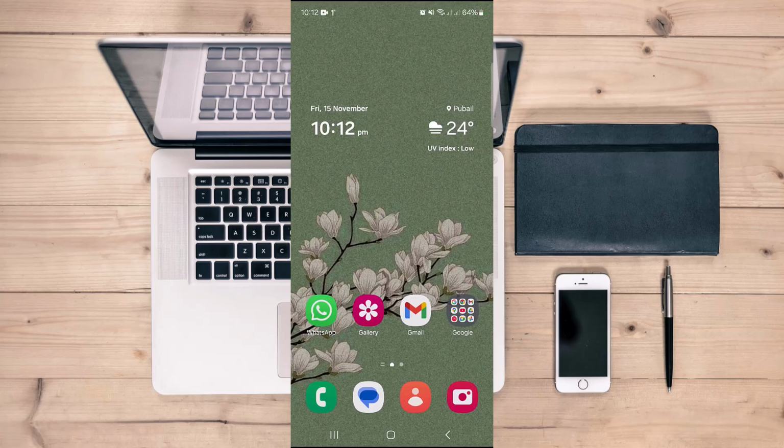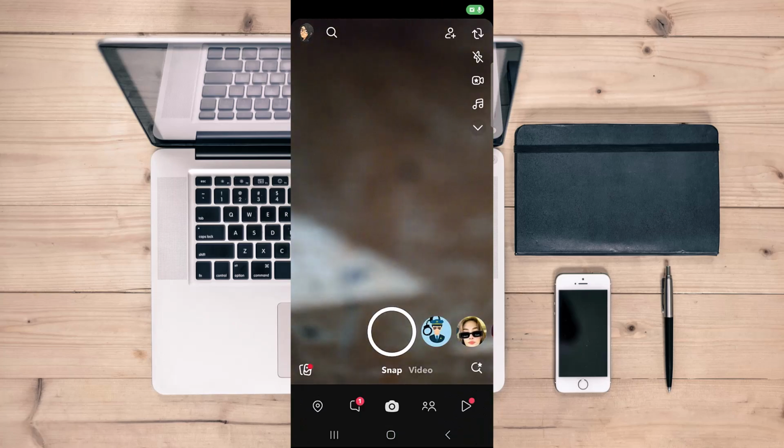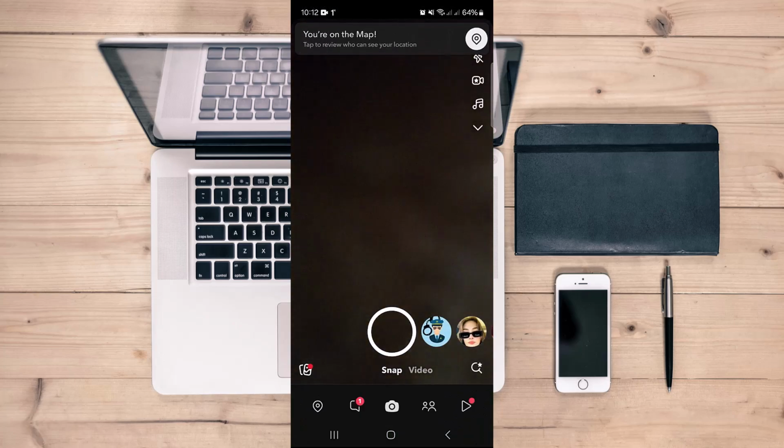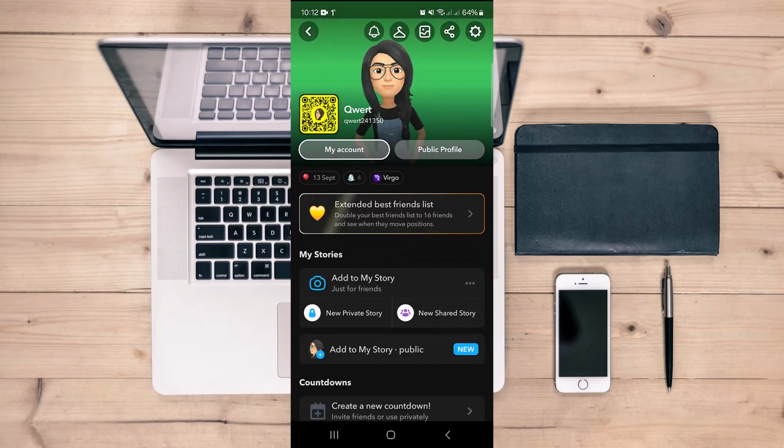In today's video you are going to see how to delete phone number on Snapchat. So let's get right into it. Head over to your Snapchat application. Once you are there, make sure you have logged in into your desired account and then just tap on your Bitmoji. Once you're there, just head over to the settings option by clicking the settings icon on the upper right